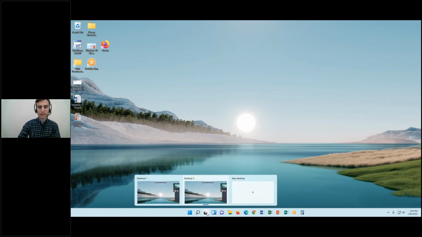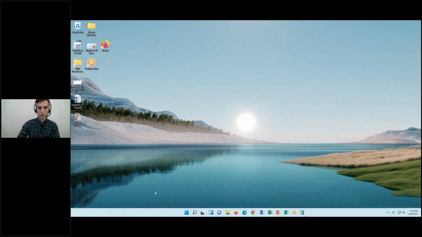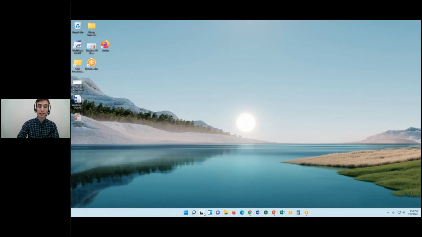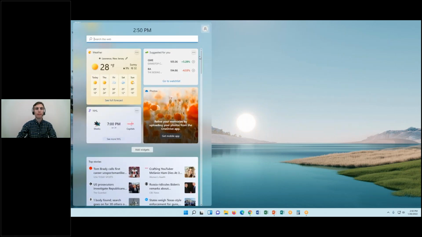All right, now next to Task View, let me just go back, making sure I'm on desktop 1. I'm starting to confuse myself. Next to Task View, this icon here is Widgets. Now, this is newer to Windows 11, and this is built into the taskbar because, again, they want you to use these. So if I click on Widgets, essentially what Widgets does is